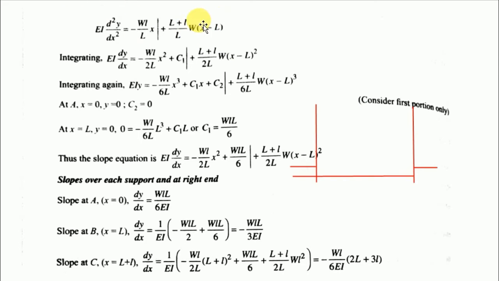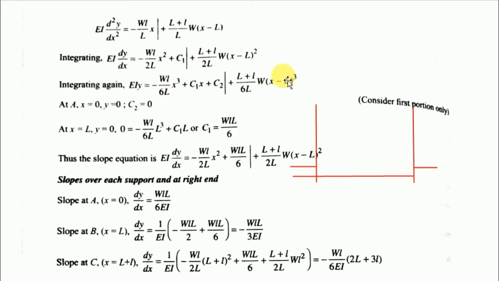This is our slope equation, and now we are going to use Macaulay's method to solve this equation. So by integrating this particular equation, we have this equation. Okay, by simply integrating we have a constant C1, and other values also get changed. As you can see, x becomes x square by 2 and (x minus L) the whole square upon 2.